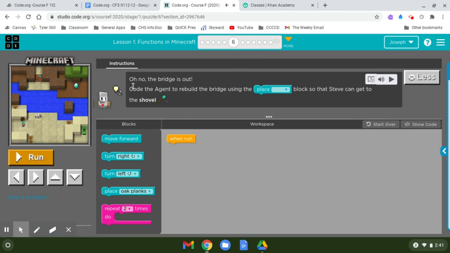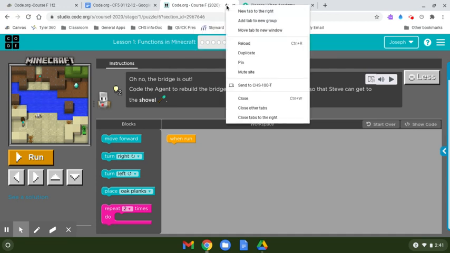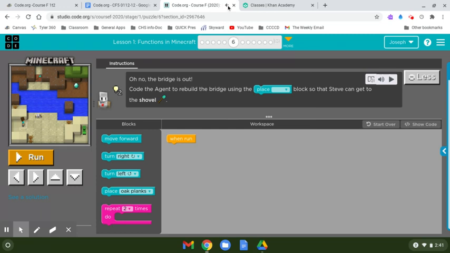Now, right here gives you the instructions, and all you have to do is drag the pieces in. You've probably done this before because we did this last semester. I'm trying to see if there's a way to turn that volume off, but I can't. So, anyways, what you do is